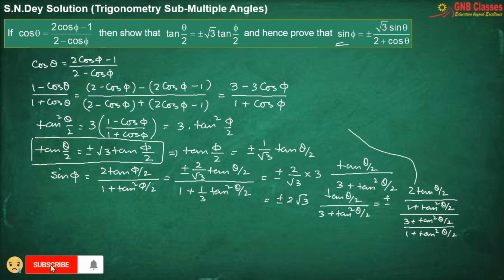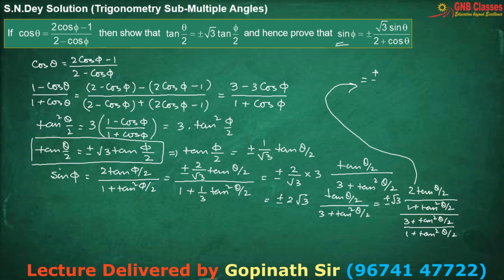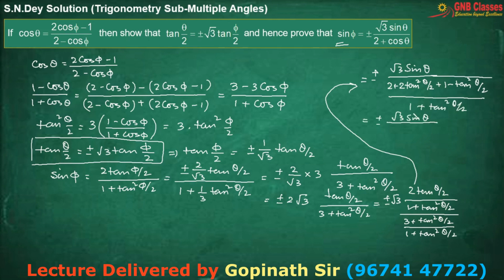So let me do it here. Sorry, root 3 will be here. So from here we are getting, if we separate it with 1 plus tan square theta by 2, we are going to get, so we are having ultimately